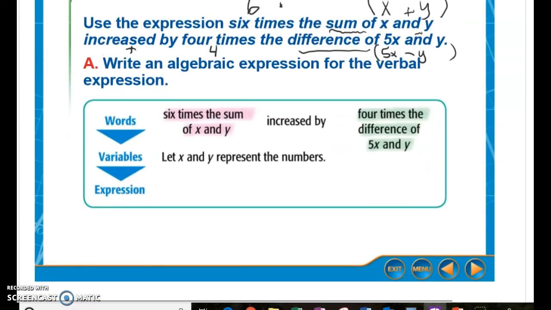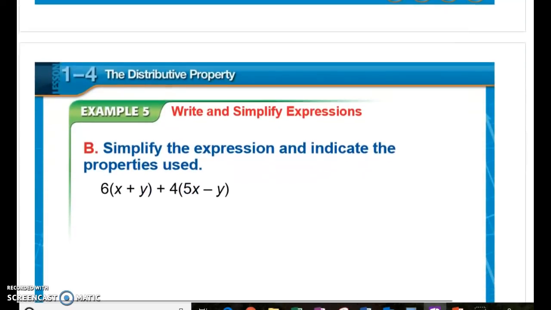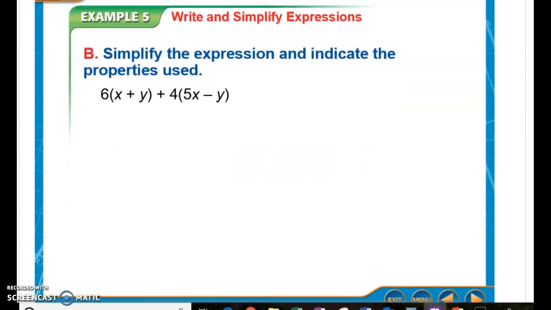So this one is, let's see if it's on the other side. Yes, it is. Okay, so here's the expression. Now we're going to simplify. 2 sets of parentheses groups. You just take the number in front and you multiply it times the one in parentheses. So one step at a time again. This is 6x plus 6y,